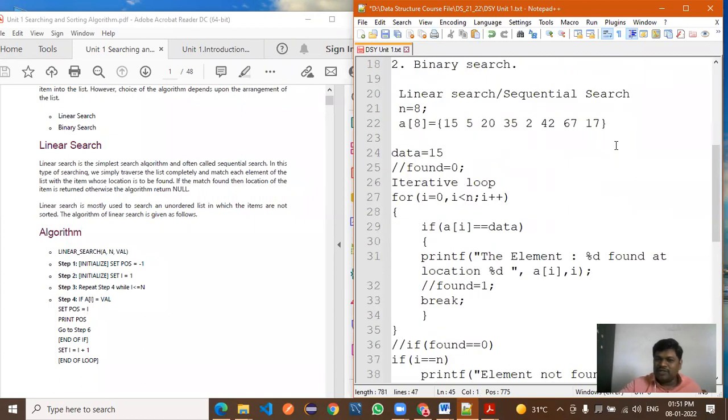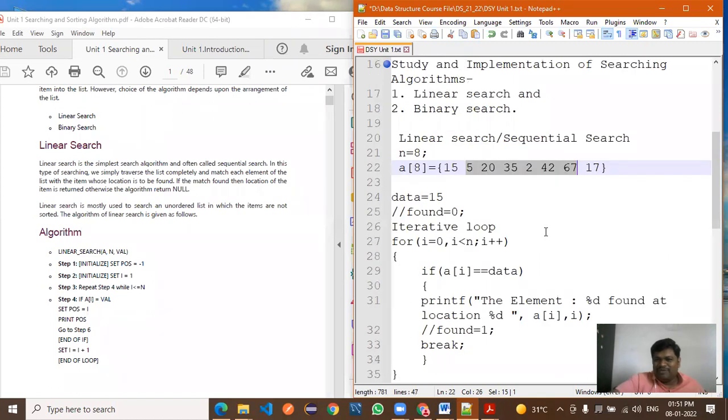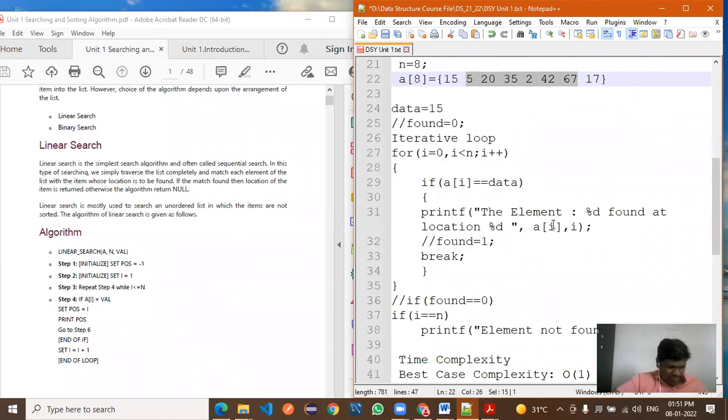Average case means how many elements you need to consider. So all these intermediate elements except first and last. So all these elements you are considering as average elements. Means how many elements you need to consider here.